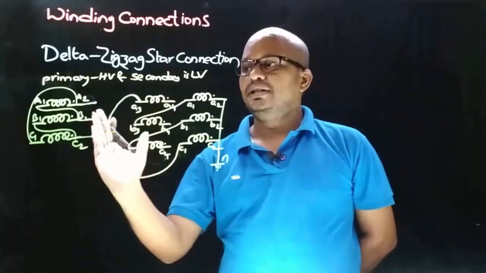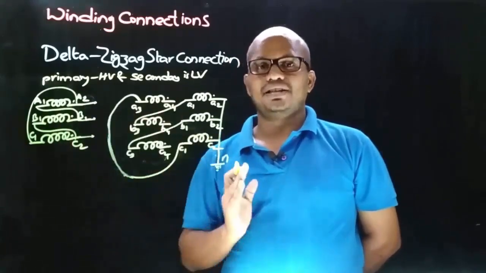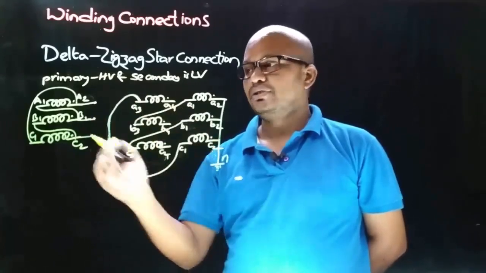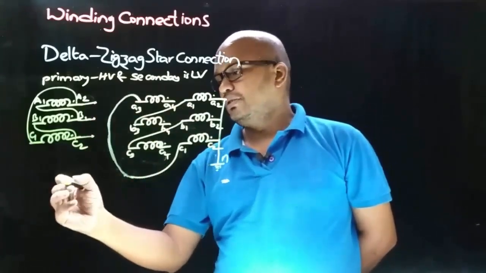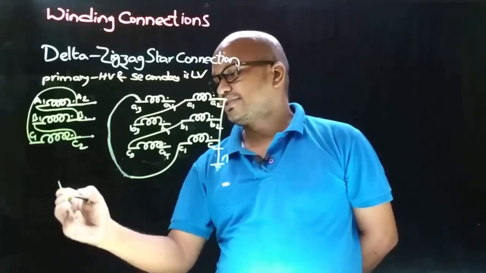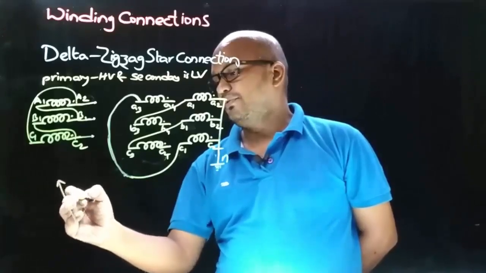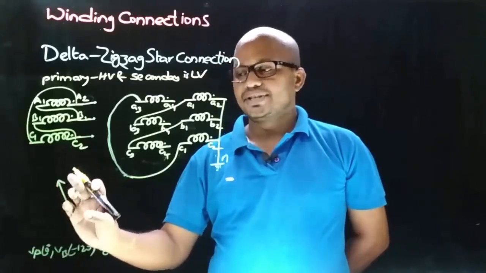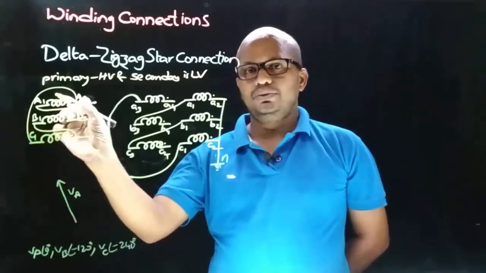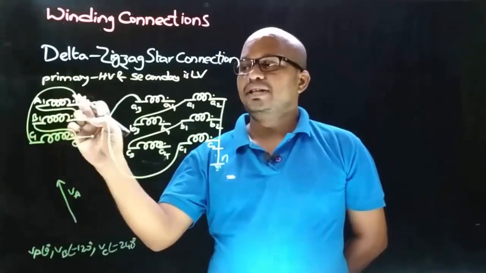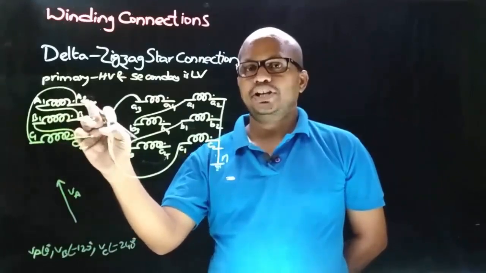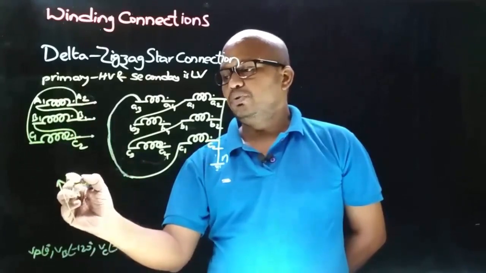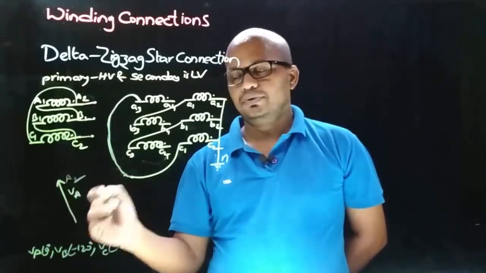So this is the delta zigzag star connection. Now let's draw the phasor diagrams for delta zigzag star connection. So coming to delta connection, if you consider this as VA phase, and the terminals for this primary side VA phasor are A1 and A2, and on primary side as the connection is took from dot end terminal, that is A2, therefore arrow will point towards A2 and the other